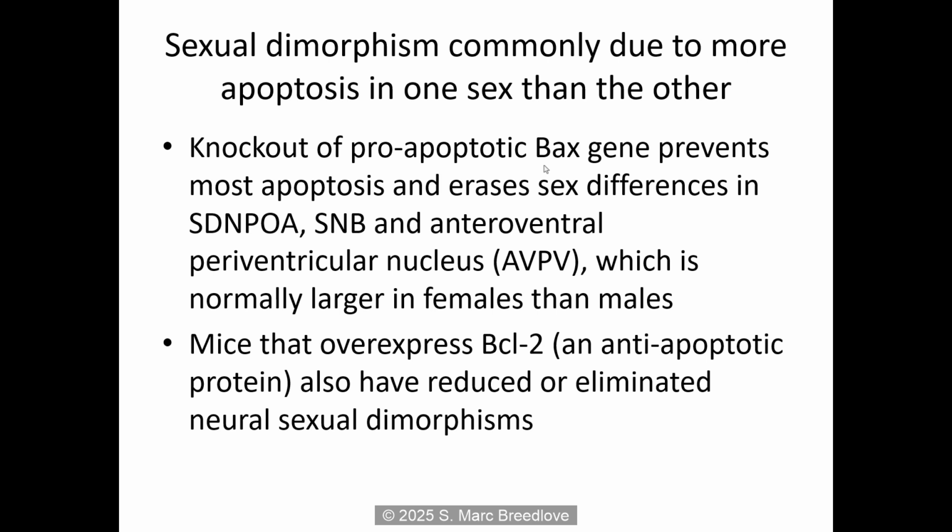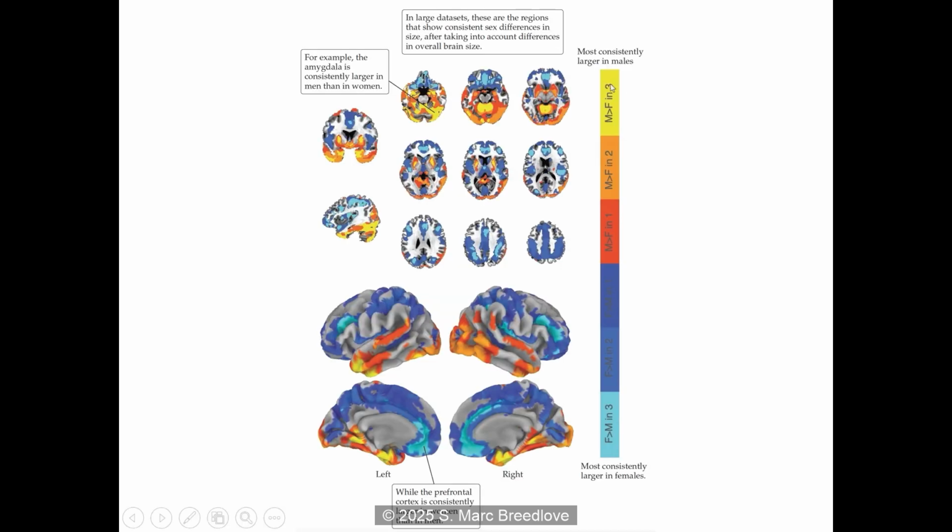Just to keep us all on edge, imaging studies have looked at whether there are sex differences in the human brain. First of all, there's a sex difference in the size of the human brain, right? Men tend to have bigger bodies, and in general, the size of the brain correlates with the size of the body. So, unsurprisingly, male brains tend to be heavier than female brains. You're sophisticated enough as neuroscientists not to fall into the trap of thinking, well, if the brain is bigger, it must work better, right? Sorry, things aren't that simple.